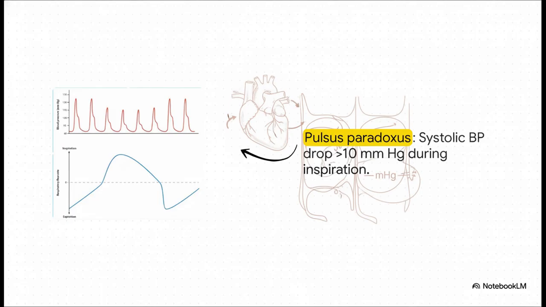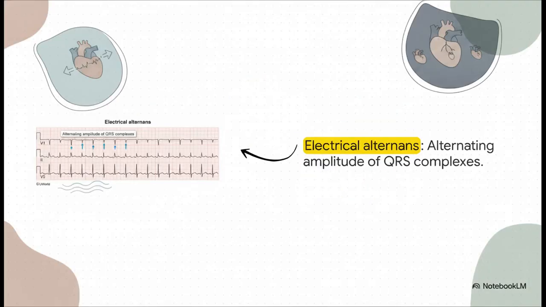What's happening is that increased right-sided filling during inspiration causes the interventricular septum to severely bulge toward the left ventricular cavity, which sharply decreases left ventricular preload and, consequently, stroke volume. On an ECG for tamponade, you're looking for low-voltage QRS complexes and a phenomenon called electrical alternans. This shows up as alternating amplitudes of the QRS complexes from beat to beat. It literally represents the heart swinging back and forth within a massive, fluid-filled pericardial effusion, which changes its electrical axis